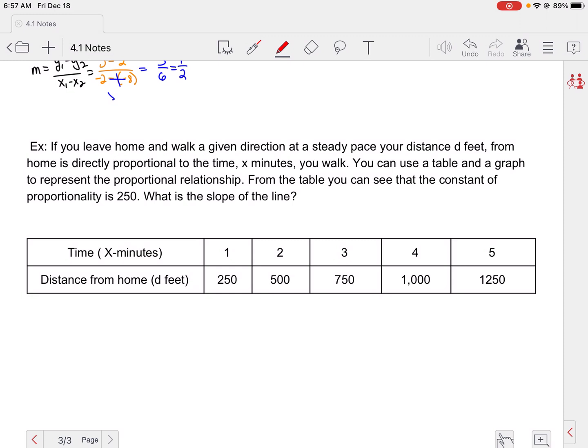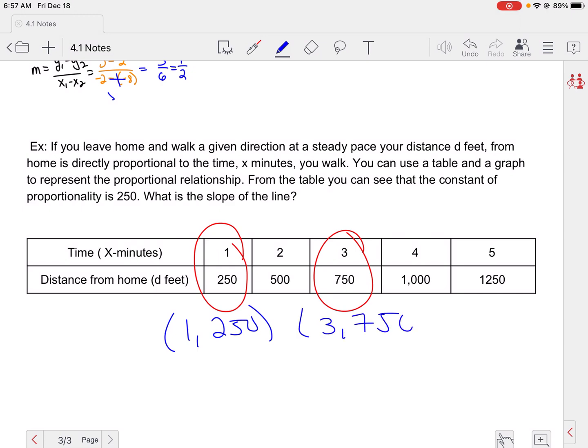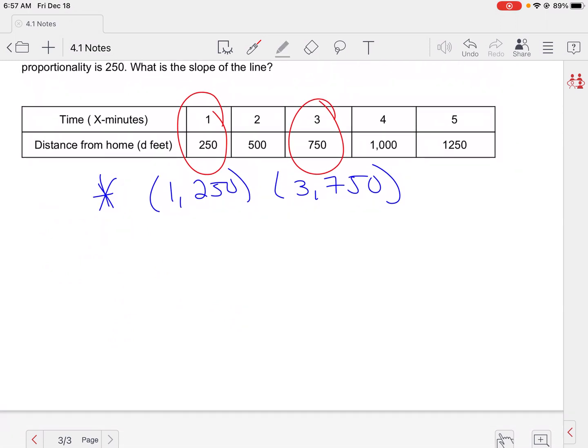Okay, so when I have a table, I just pick 2 of the points. So I'm gonna pick this one and this one. Okay, I could have picked 2 and 500, I could have picked 4 and 1,000, whatever. It doesn't matter which 2 you pick. You're just going to pick 2 of them. Okay, so I'm going to write them as an ordered pair. So this would be 1, 250, and 3, 750. So go ahead from there, use our slope formula that we had earlier, and see if you can find the